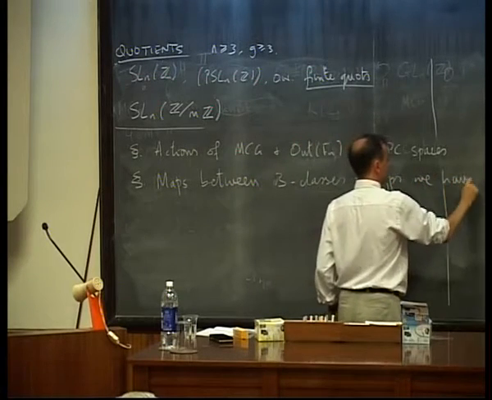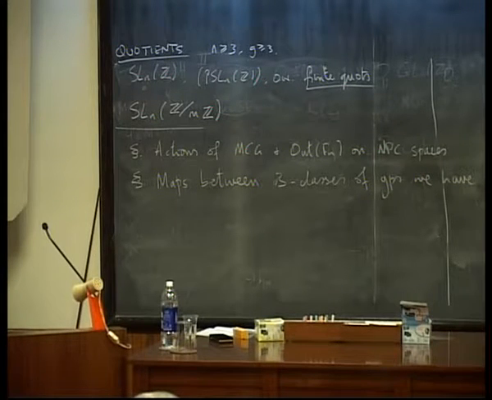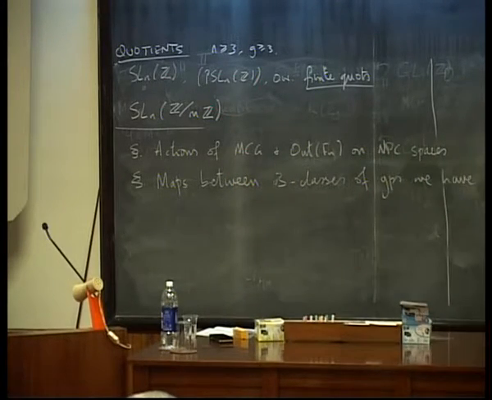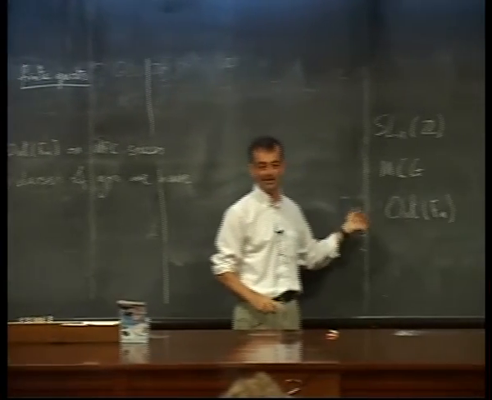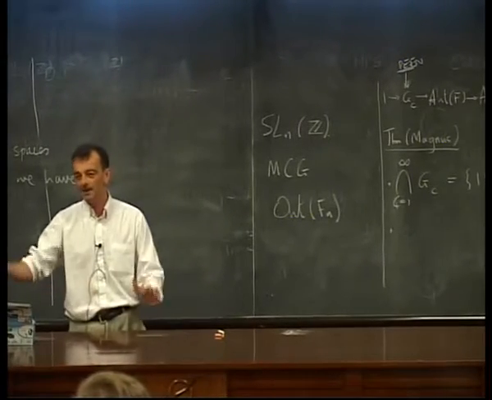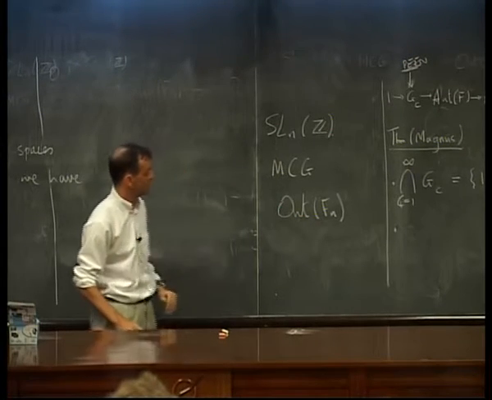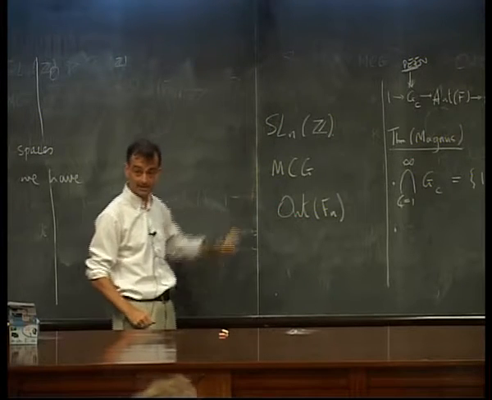Now, what do I mean by that? Well, our three classes of groups are, once again, SL_N(Z), or more generally lattices in semi-simple Lie groups of higher rank, mapping class groups, and Out(Fn). When I say maps between our three families of groups, I might mean maps within each class. If I take Out(F7), how do I map that to other outer automorphism groups? How can I have maps from one mapping class group to another? But I also might mean maps from lattices to these things, and maps from these things to lattices.